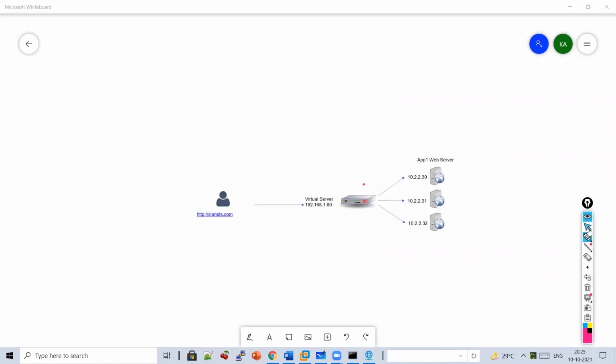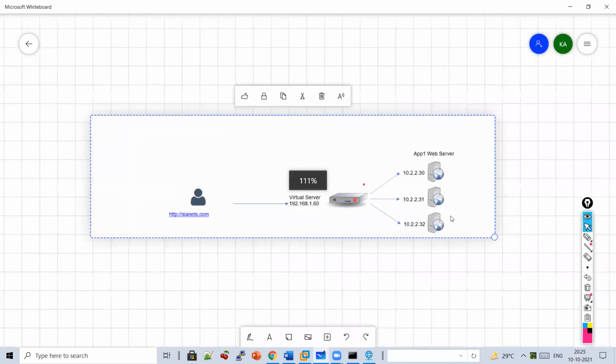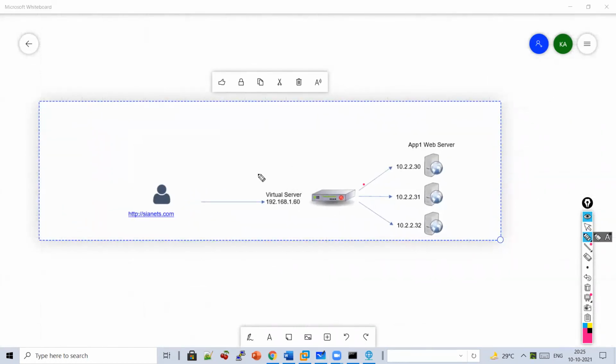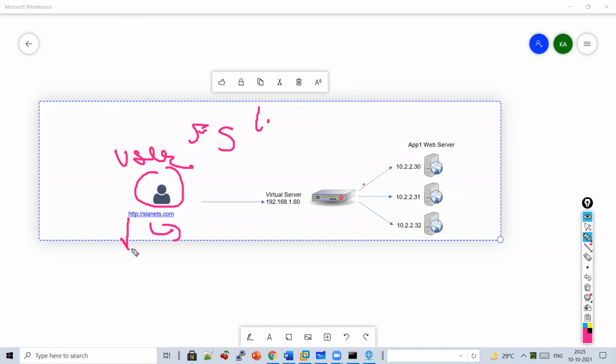So this is what I'm going to implement now. So let's say I have a user who wants to access crnets.com. Can you see which port is 80? So the IP address it's resolving is 192.168.1.60.